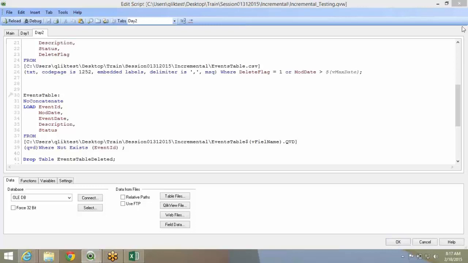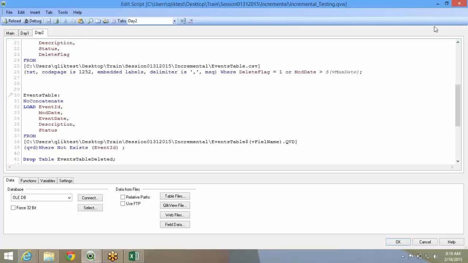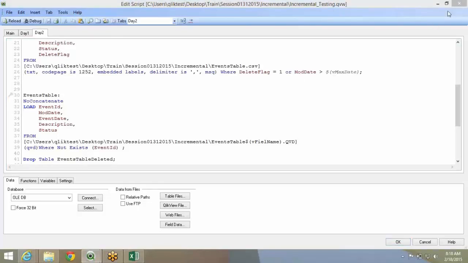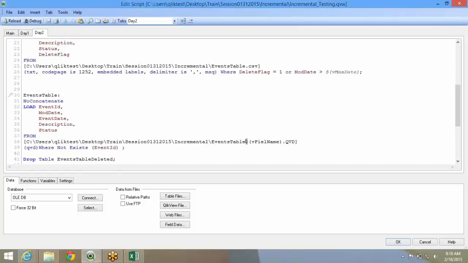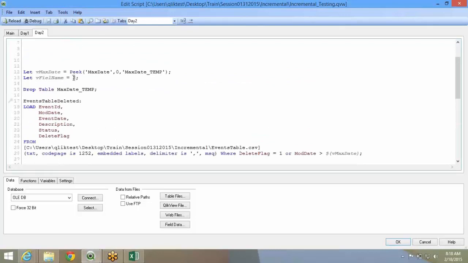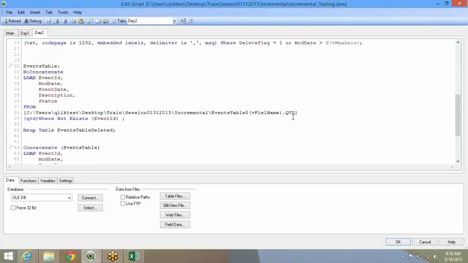Is that the variable, events table? Are we supposed to use the variable that we defined in line 38? Are we using that? Yeah, I don't think so. This is right, we are using it. Here I've defined it as 2, right? Okay, 2. Yeah, that's right.